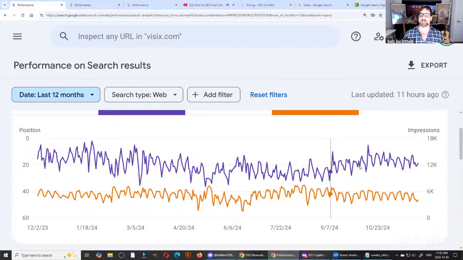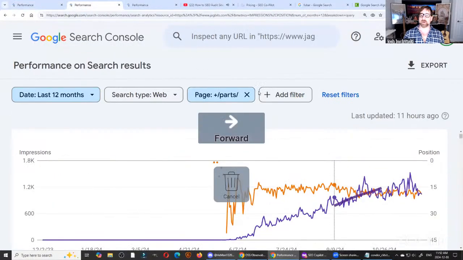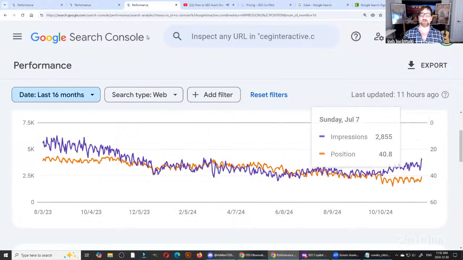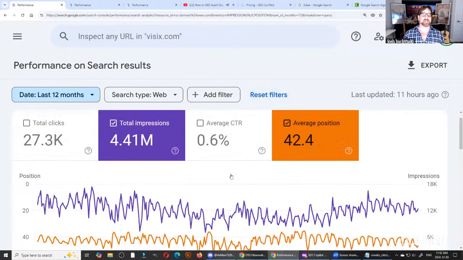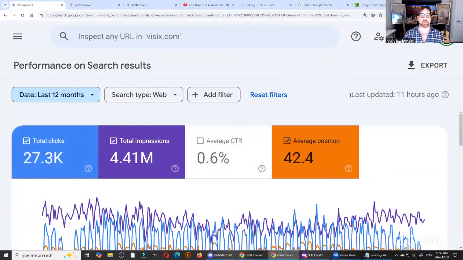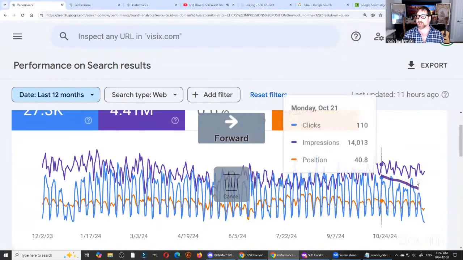So all these sites are doing better, doing better, doing better. So that's a good thing. Another pro tip is the clicks, the average CTR I already mentioned. Look at the clicks as well. If you see the clicks going down, now you're like, okay.